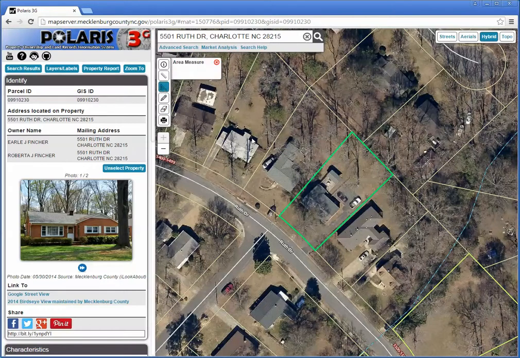So let's go to area. Let's go to our starting point, single click, click again to continue, click again to continue, click again to continue, single click, and then double click to return. And you can see that roughly this property is 0.26 acres or 11,479 square feet. So if I'm interested in actually printing this map with this information, with these measurements on there,